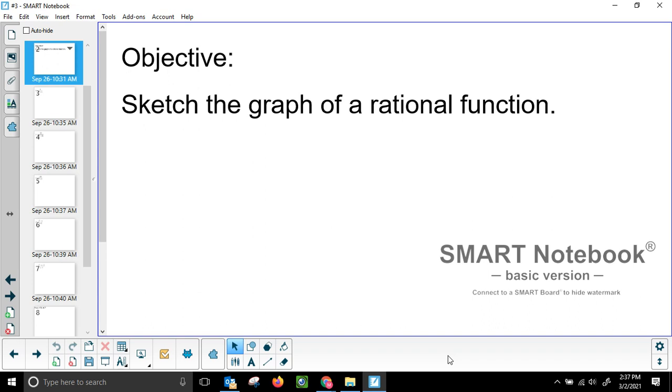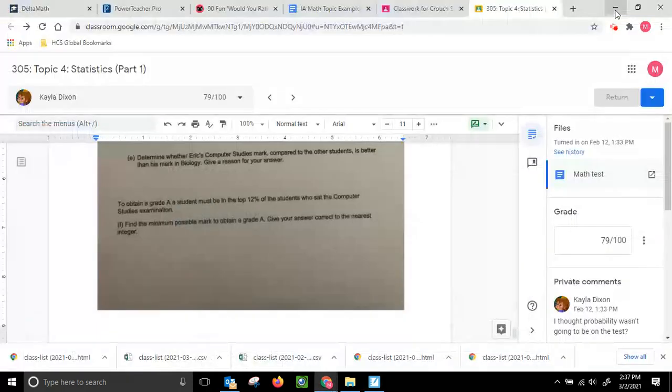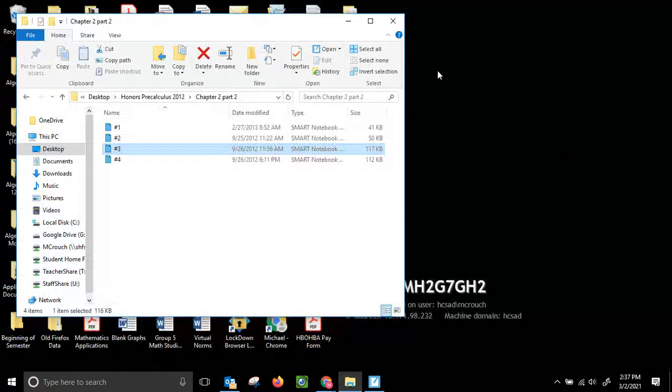Good day, class. Today we're going to continue sketching rational functions. And today we're going to look at some of the lesser common rational functions. All right, so we will start here. Y equals x over x squared plus 1. And let me grab some graphs here so that